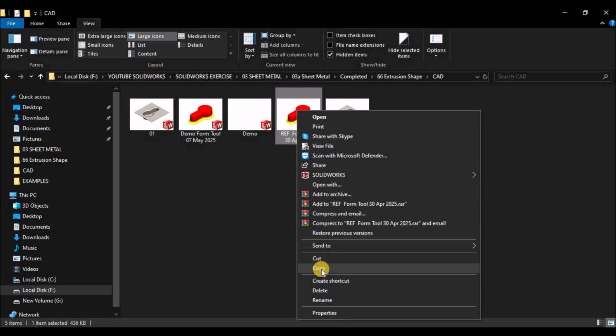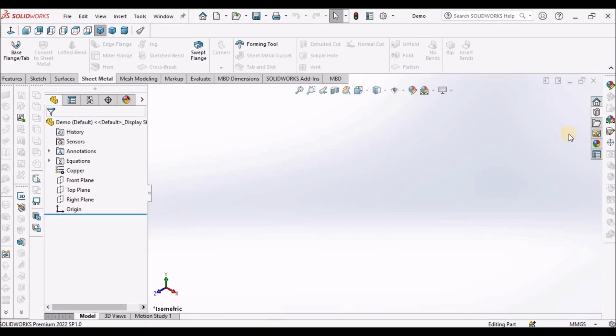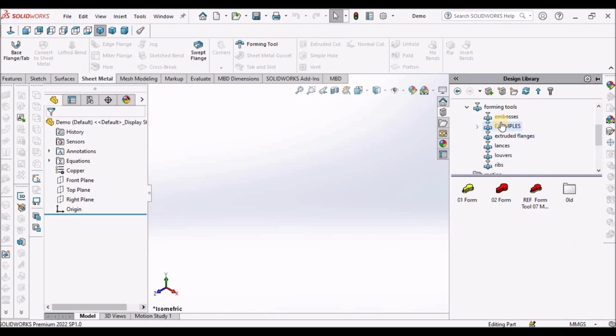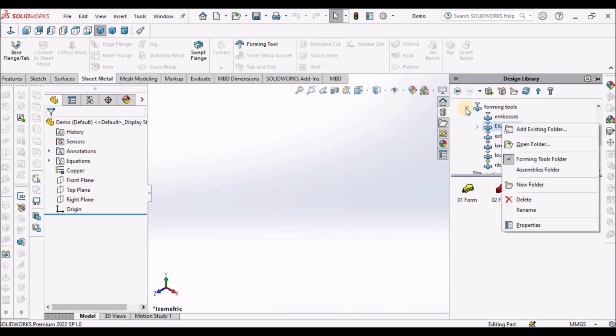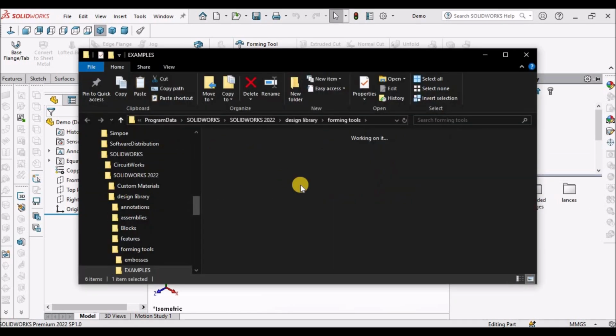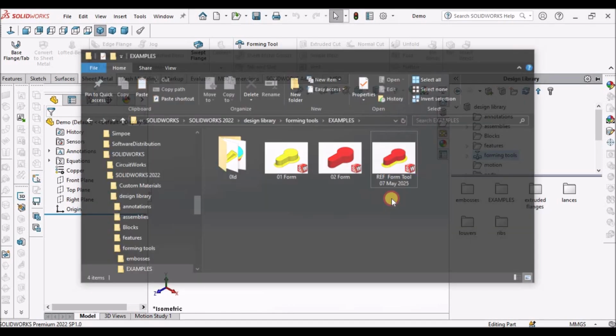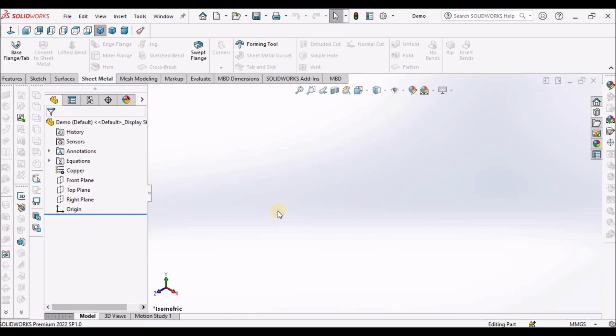copy this file directly from here, and we can paste in forming tool folder. So we have to go to design library, open forming tool folder, and we can paste anywhere. So I have already pasted it here in examples. So after that, we have to create the